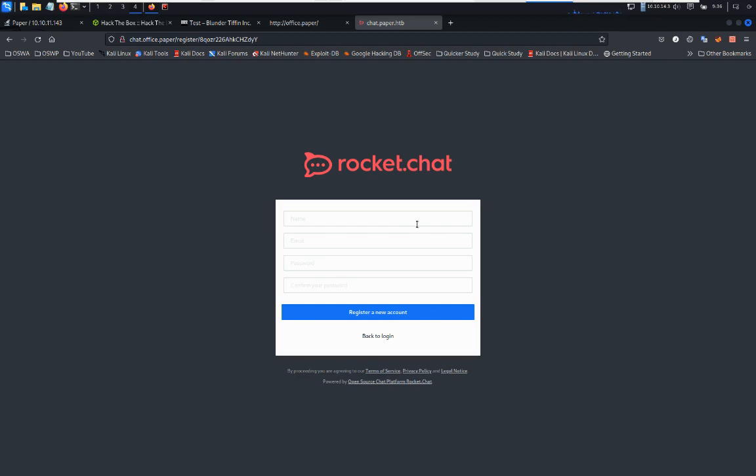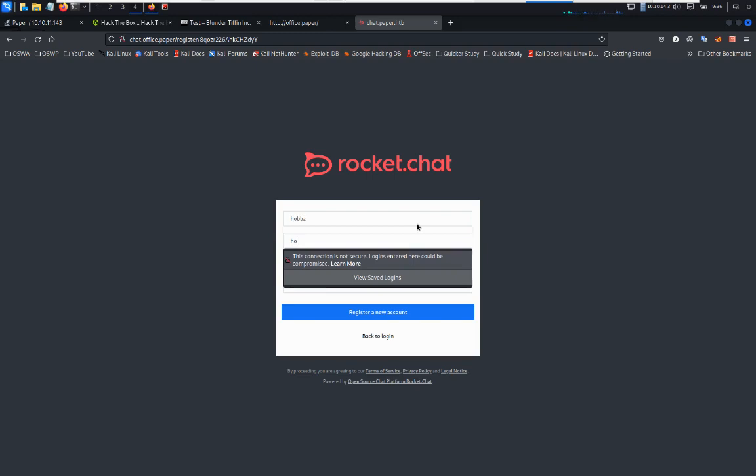And even making note of Rocket Chat. We might not see the Rocket Chat emblem anywhere else, and so we say, okay, Rocket Chat exploits, that's something else to try, and all that good stuff. And so at every new turn, you're basically re-enumerating, diving in, and obviously what you want to do is register